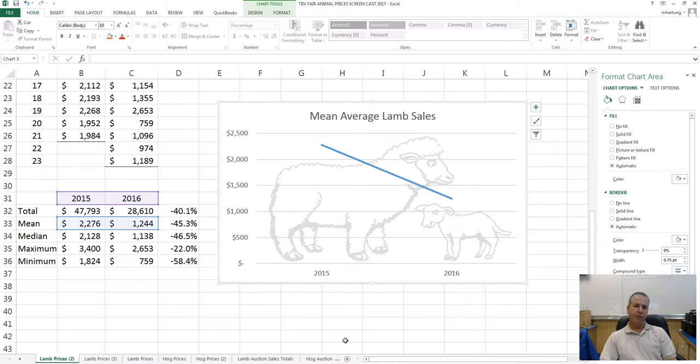Welcome back to video 5 in the series of animal prices at the Tule Lake Butte Valley Fair. And in this lesson, what we will do is create a chart of the median average lamb sales prices. And we're going to create a line chart, because line charts are very useful when you want to show change